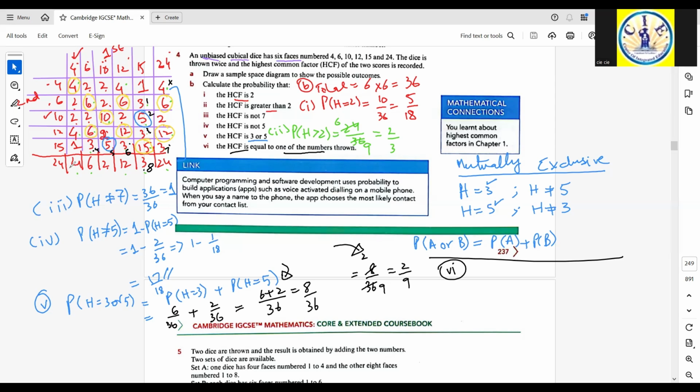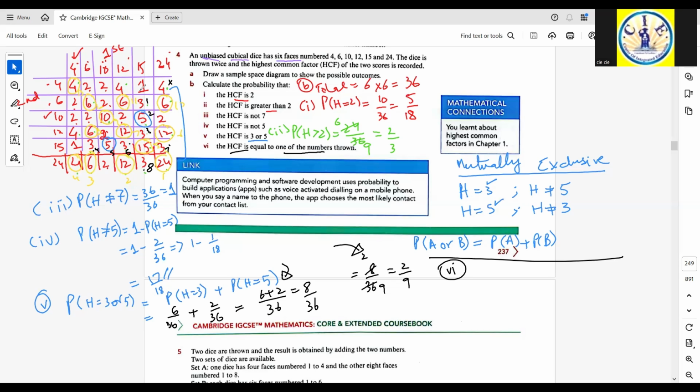This is 3, so I'm not going to count it. 24, 4, one of the numbers, 24, 6, one of the numbers, 24, 10, 24, 12, one of the numbers, 24, 15, and 24, 24, one of the numbers. So let me count them. 1, 2, 3, 4, 5, 6, 7, 8, 9, 10, 11, 12, 13,